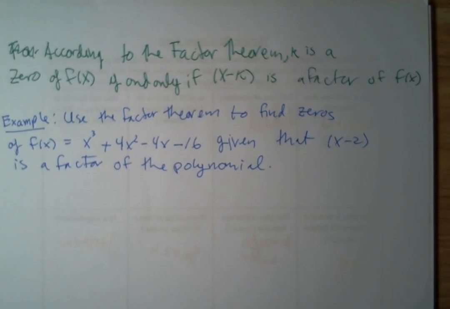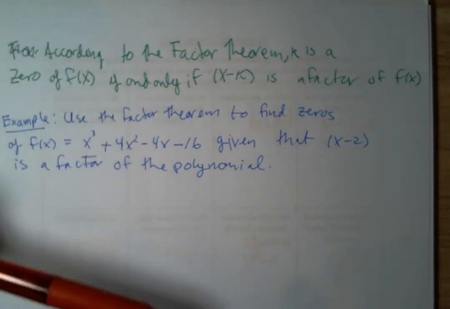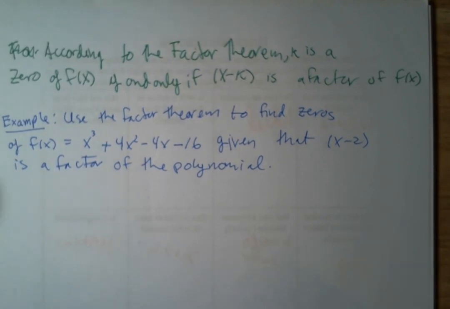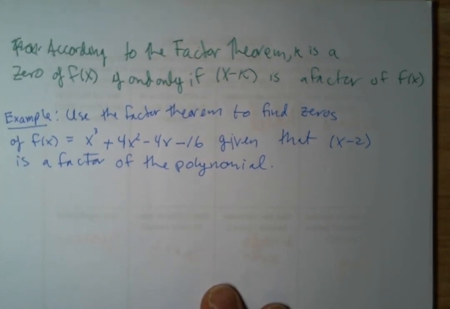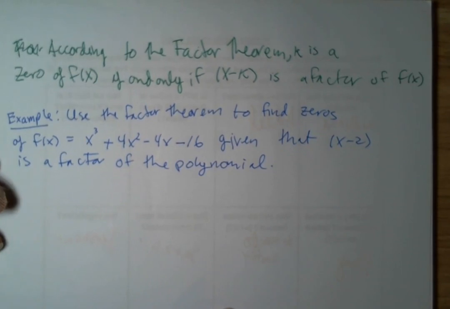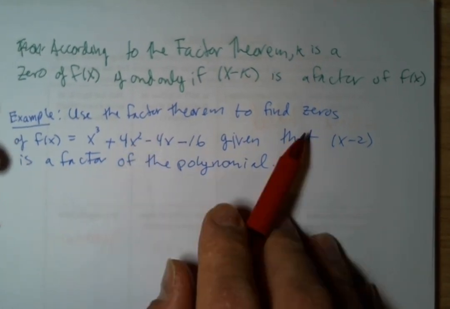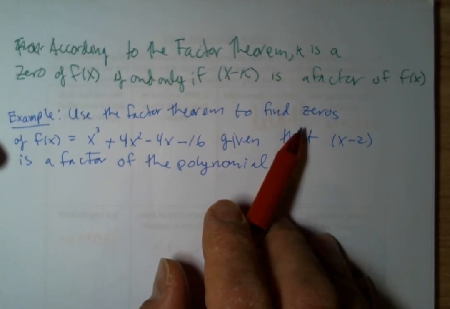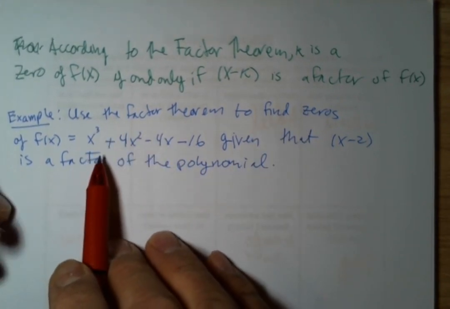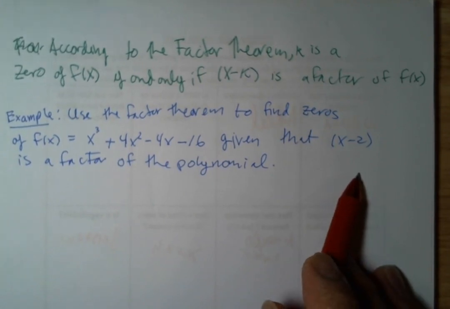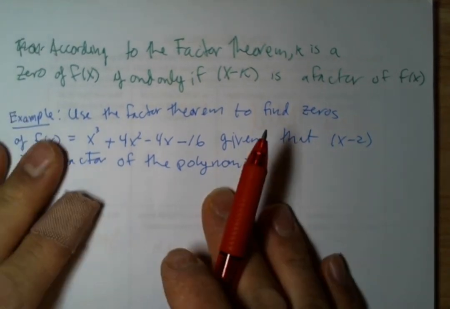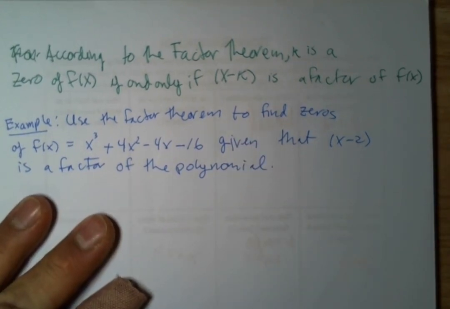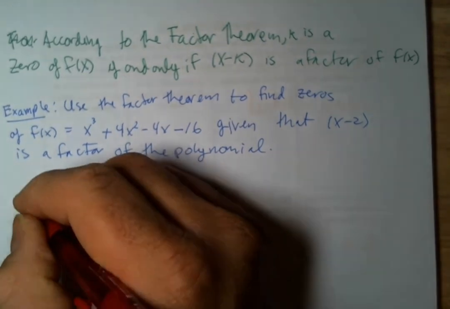Now, one thing to understand here is that if I have a quadratic function, I know how to find the zeros. I can either factor that trinomial, using methods I've learned in previous courses, or I can use the quadratic formula, which will always work if it is unfactorable or I simply don't know how to factor it. So I'm going to use the factor theorem once, and the resulting polynomial from synthetic division will be a quadratic, and from there I'll use previous tools to find the other zeros. So x minus 2, that means x equals 2